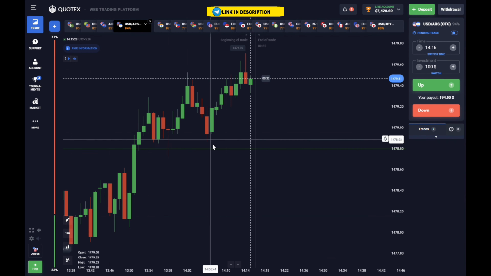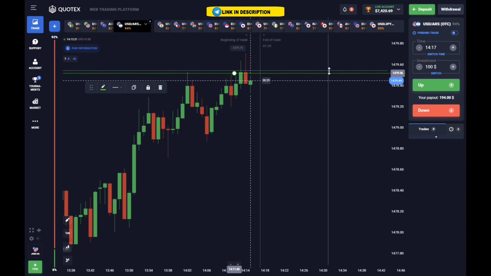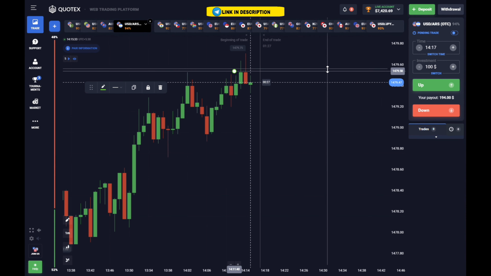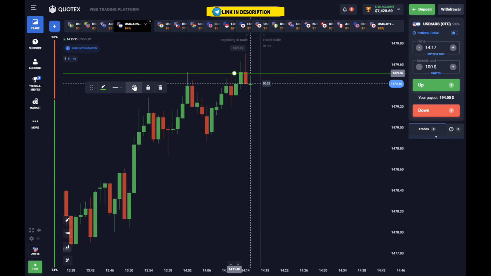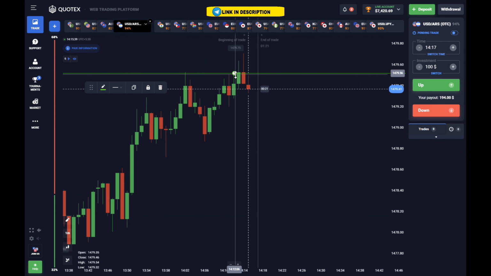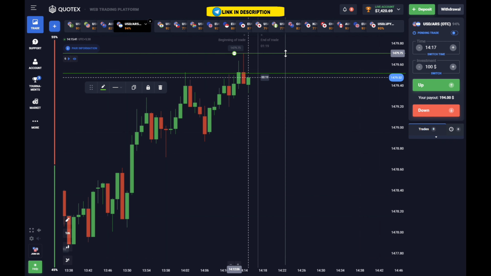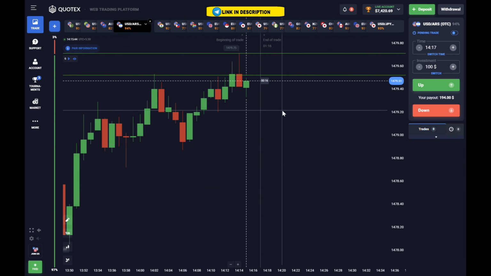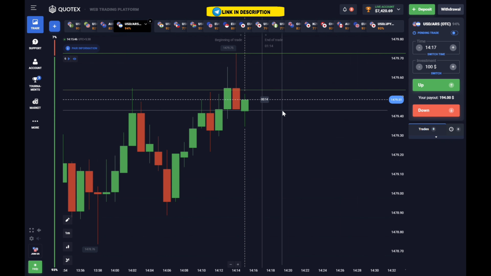In today's video, I will be using SNR, trying to find the SNR level, and along with that, I will also try to apply the concept of the long candle here. And one important thing I want to tell you is that I am not a financial advisor. Before placing any trade, please make sure to do your own research.